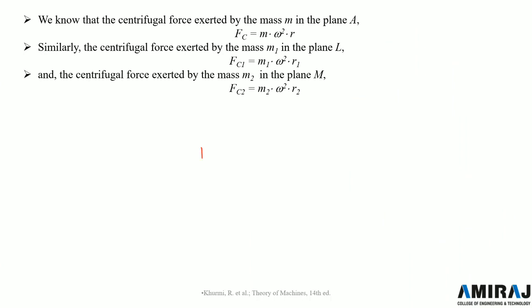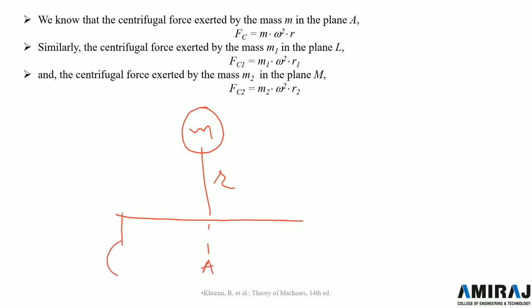ठीक है, जो ये प्लेन डायग्राम था उसमें भी अगर इंडिकेट करना हो तो ये यहाँ पे m है, यहाँ पे r आएगा, इसका प्लेन था वो ए प्लेन था। यहाँ पे बैलेंसिंग मास जो है वो m1 यहाँ पे था और m2 यहाँ पे, ये दोनों की रेडियस r1 r2। तो यहाँ पे जो फोर्स लगेगा वो Fc सेंट्रीफ्यूगल फोर्स,